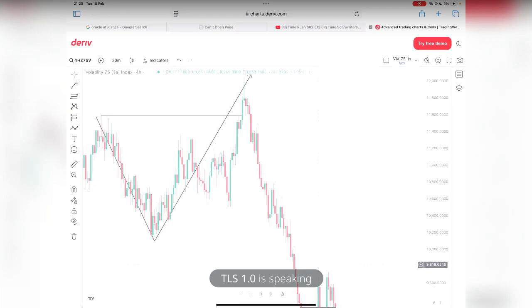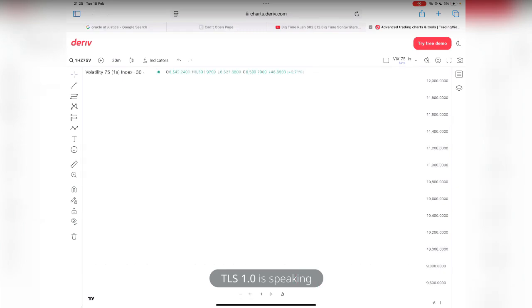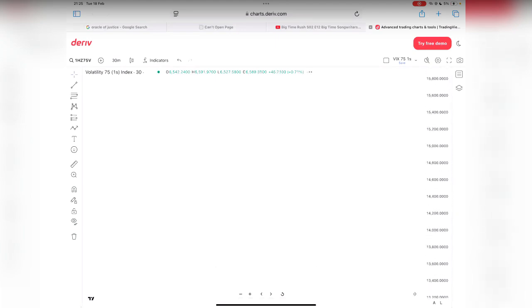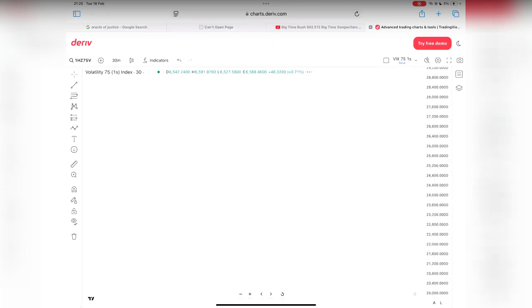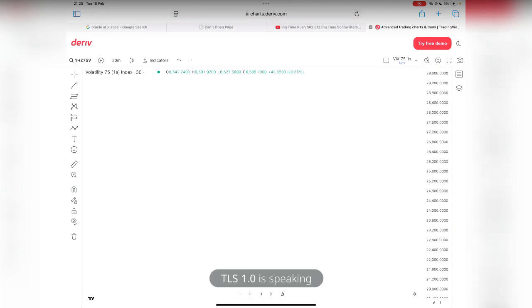4 hour structure, if you're marking your external from 4 hours, you have to mark out your internal from either the 30 minutes or the 1 hour time frame. Okay, it's like saying a corresponding time frame, like time frame correlation. Okay,